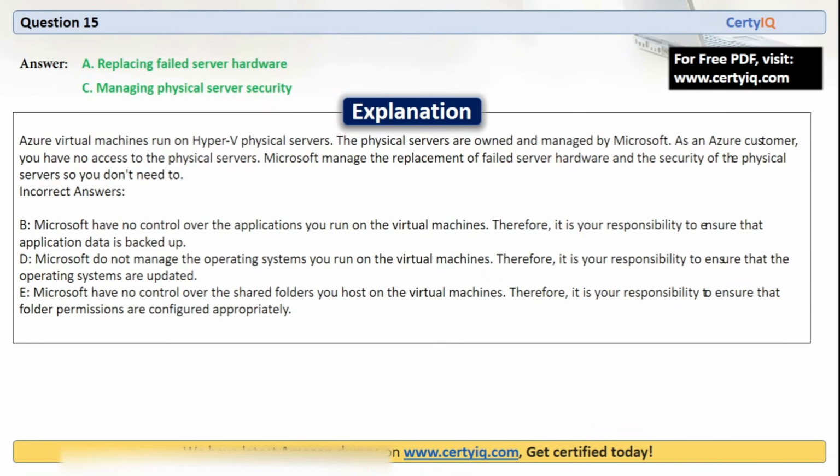Azure virtual machines run on Hyper-V physical servers. The physical servers are owned and managed by Microsoft. As an Azure customer, you have no access to the physical servers. Microsoft manages the replacement of failed server hardware and the security of the physical servers, so you don't need to. Moving on, question number